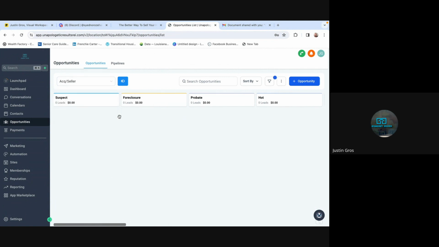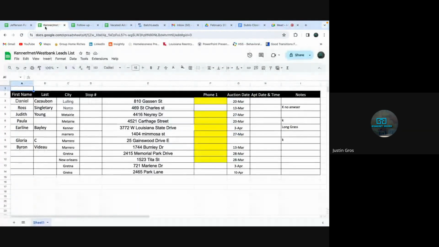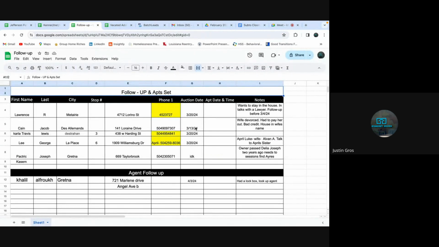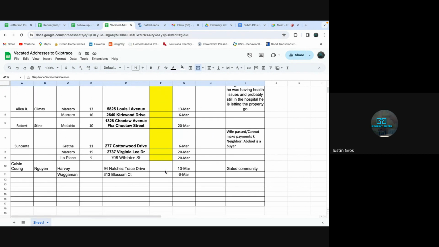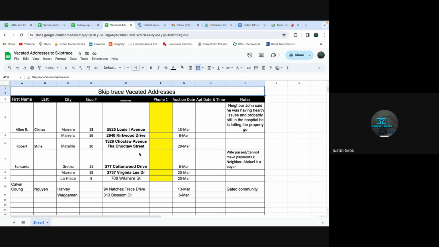This will be amazing to get set up, like you said, because right now I am working off of all of this crap. Leads. This is where I'm putting stops for the day. Then if I talk to them and they're going to follow up, I'll put them here. While I'm at the house, I fill out a lead sheet, which has a lot more information. It's just kind of like my driving sheet. Any addresses that were vacant, maybe I talked to the neighbor or did a little more digging and got in touch with somebody, I put here. Then that's pretty much it.